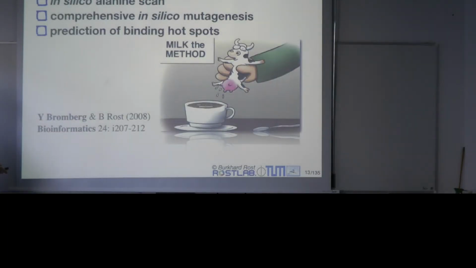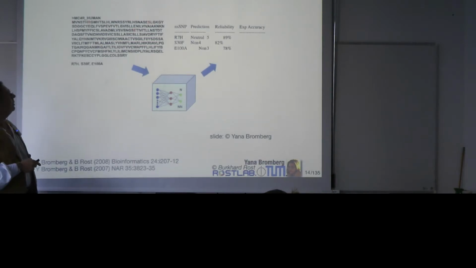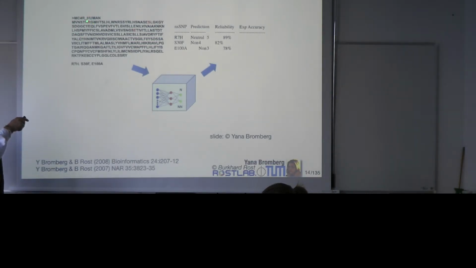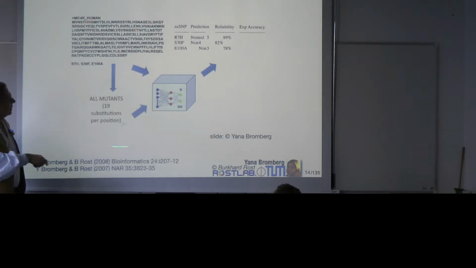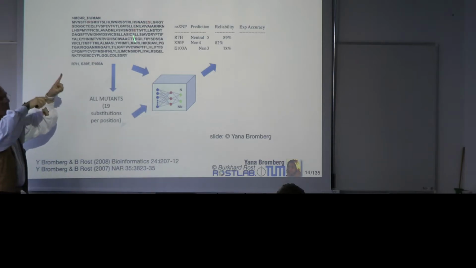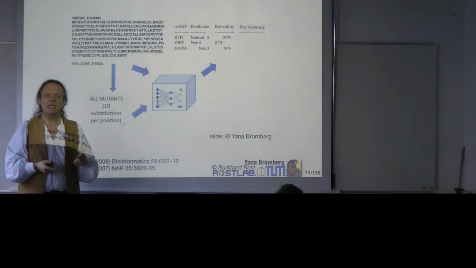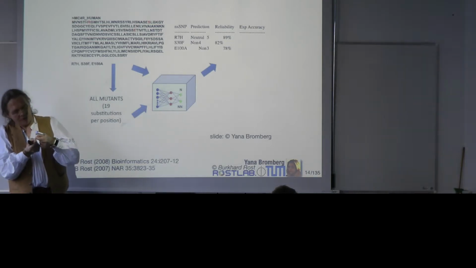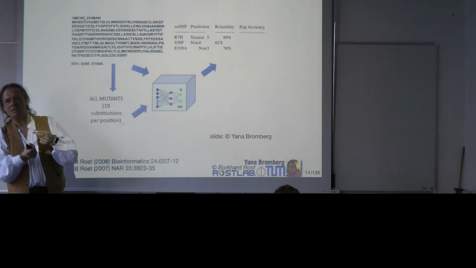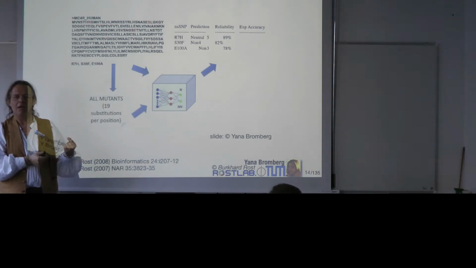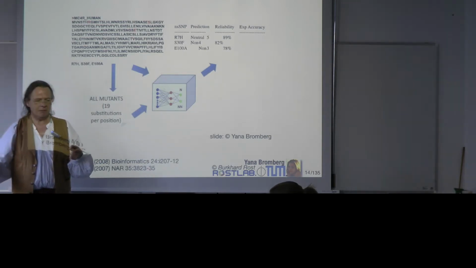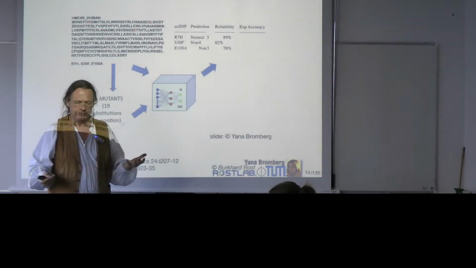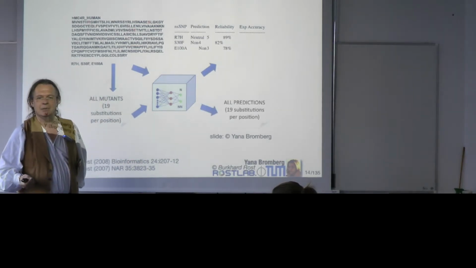And on top we can go beyond singles, we can sort of milk the methods more. In this particular case I show you 3 residues that have a variant known. What we can now do is cycle through it and at every single position do 19 non-native. So at every single position we can ask what would be the prediction if I predict all the 19 amino acids that are not observed in that sequence there. And I can do that for every single position in the protein, and that gives me sort of a profile. That gives me a landscape.